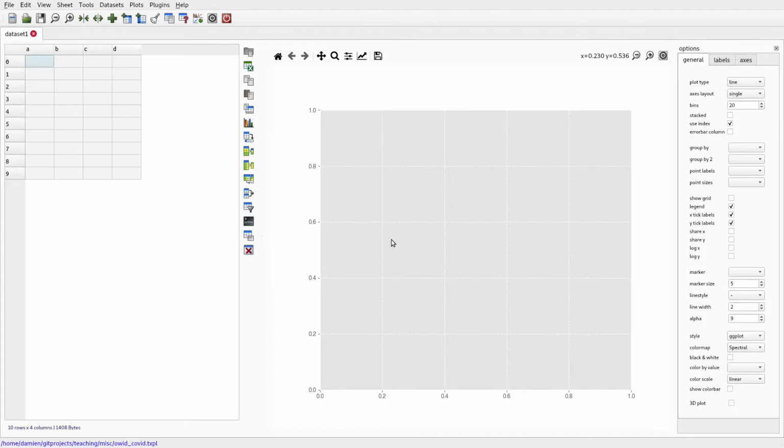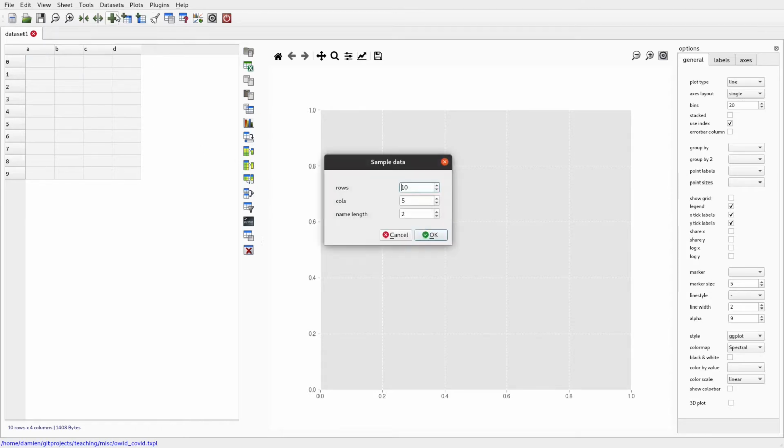This is a short guide about how to summarize or group data in Tablexplore. And this is usually done by either aggregation or pivoting of tables. To start off, I'm just going to show a very quick example of aggregating using a set of dummy